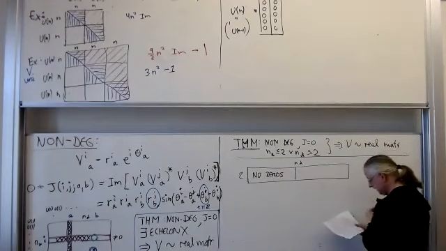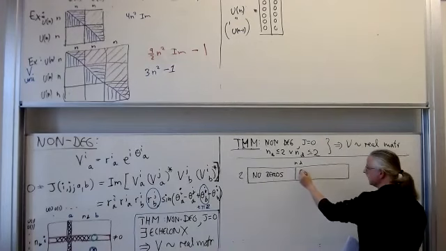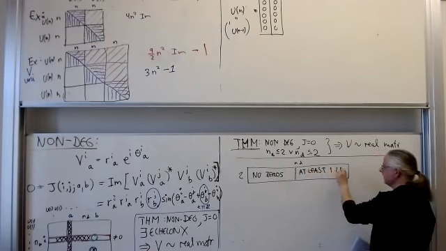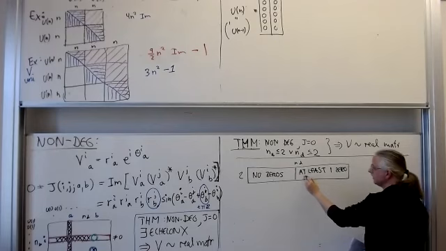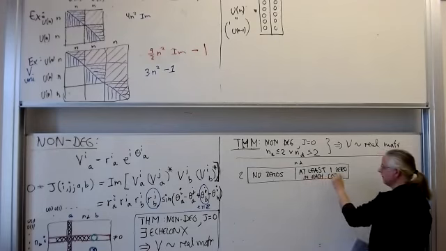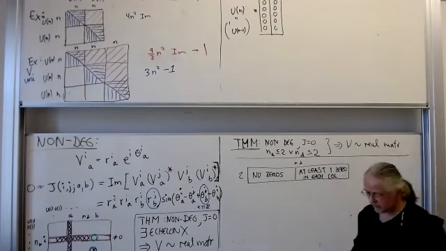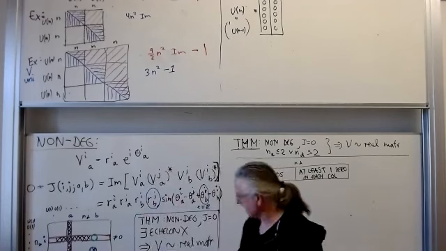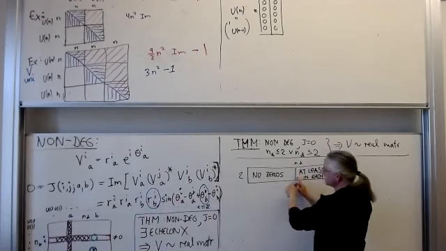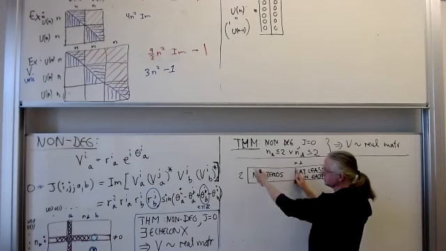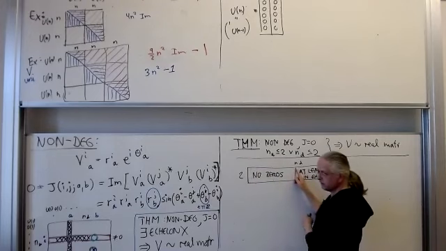And the rest here, at least 1 0 in each column. So it's a column here. So the point is now that this part here has no zeros, and therefore it has an echelon cross inside here, and then we can use the previous theorem to conclude we can make this real.